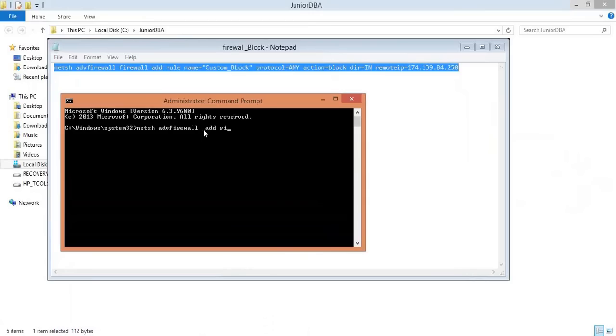Add rule, name equal to, we'll give it as test_block, protocol equal to any.